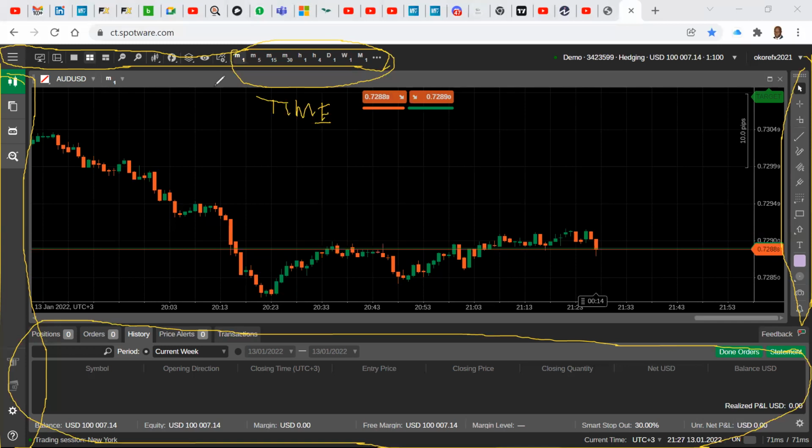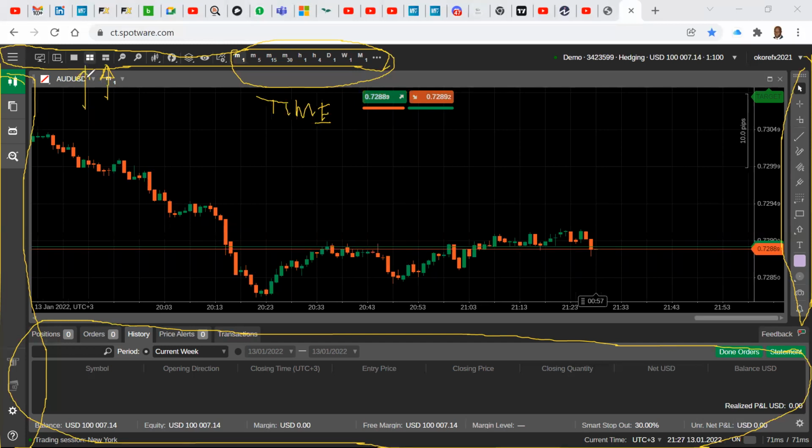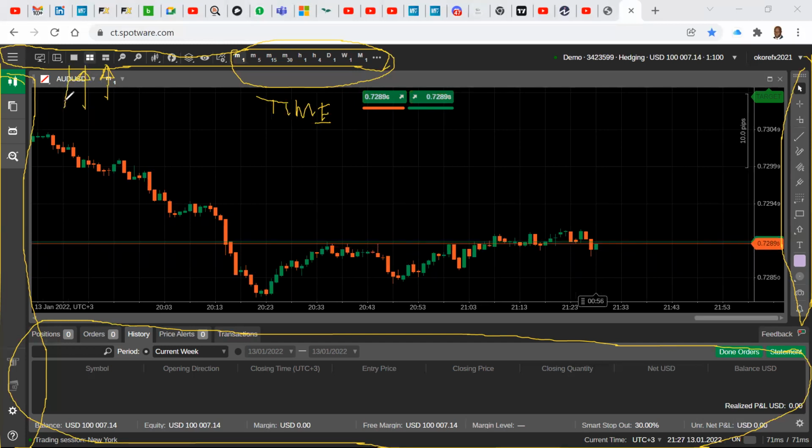Then on the left-hand side, it zooms in, zooms out, and sets up the platform itself, whether you want to have 2 or 3 screens or panels. All those things are up here. A lot of these things, you'll have to play with to know exactly how they work. Right now, I can just show you a brief.